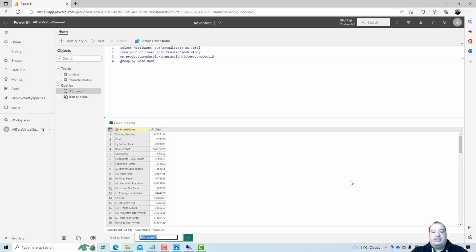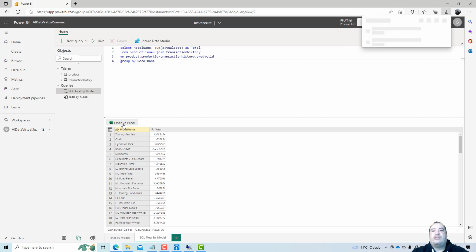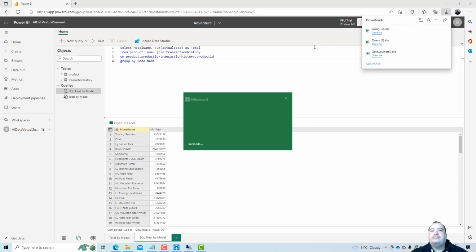And I will rename the query SQL total by model. My queries stay saved together with the data mart, and I can open this result in Excel. Open in Excel. Let me open the Excel file.